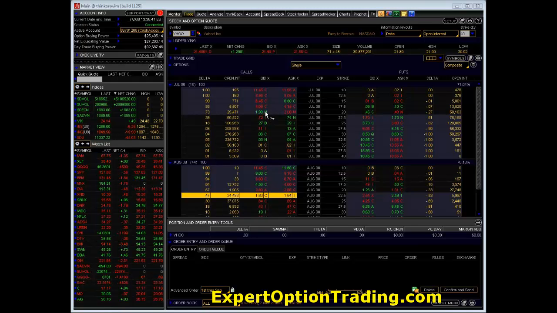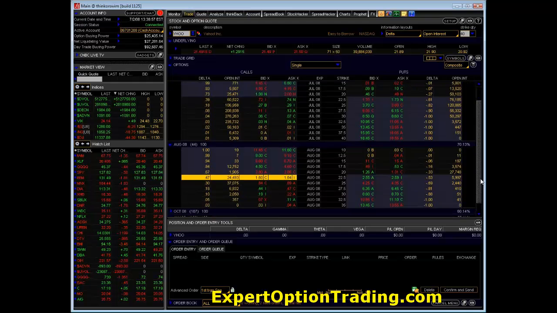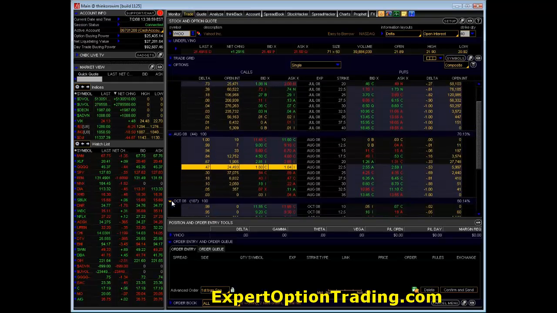What we'd like to do, and it's very, very simple to get this thing started, but I'm in my Thinkorswim platform, and what I do is I set up my advanced order way down here, down at the bottom here, to first triggers sequence. And what I want to do is I want to be able to go out into a far month,